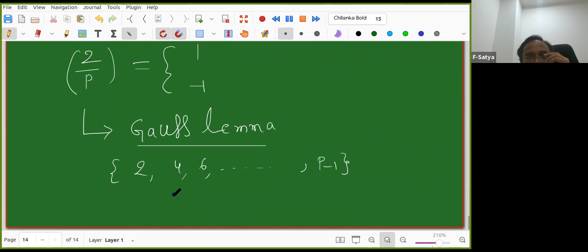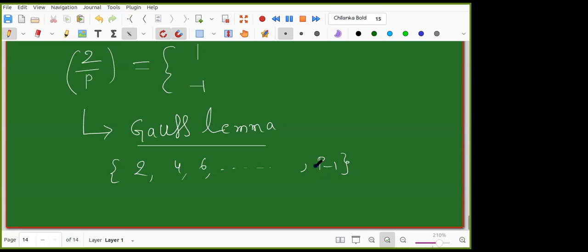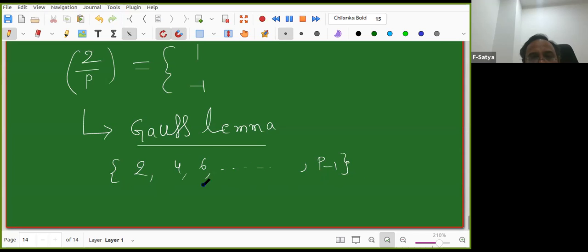Okay. So somebody can tell me how many of them. They are in which form? All elements are even, right? All of them are even. P is an odd prime. So they are of the form 2k. Now tell me, when is 2k less than p by 2? So what is the k? It is 2 into 1, 2 into 2, 2 into 3, correct? So up to some extent, they are less than p by 2. Afterward, they are greater than p by 2. They are already in ascending order. That is another beauty here in this particular problem, right?